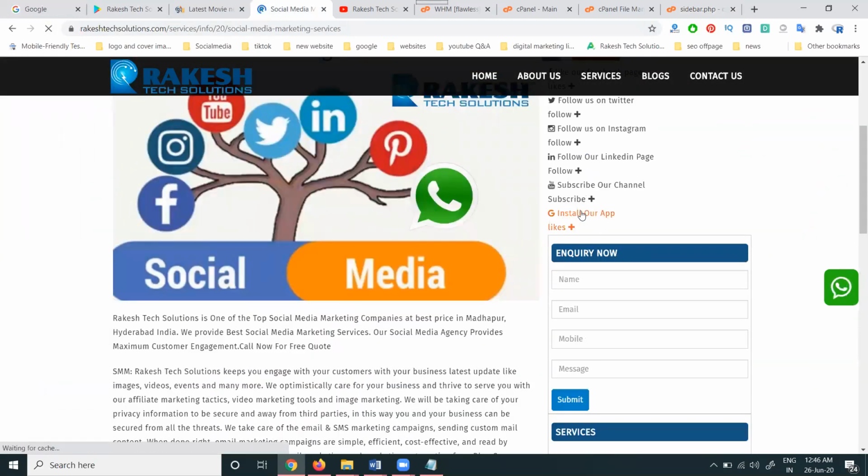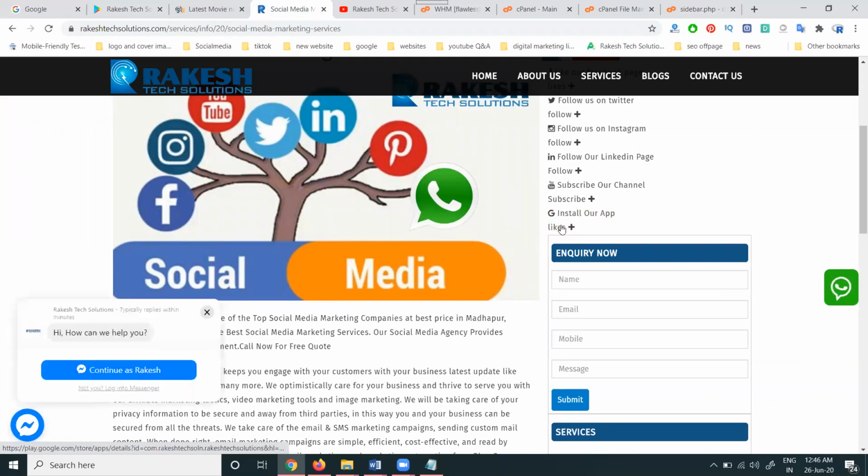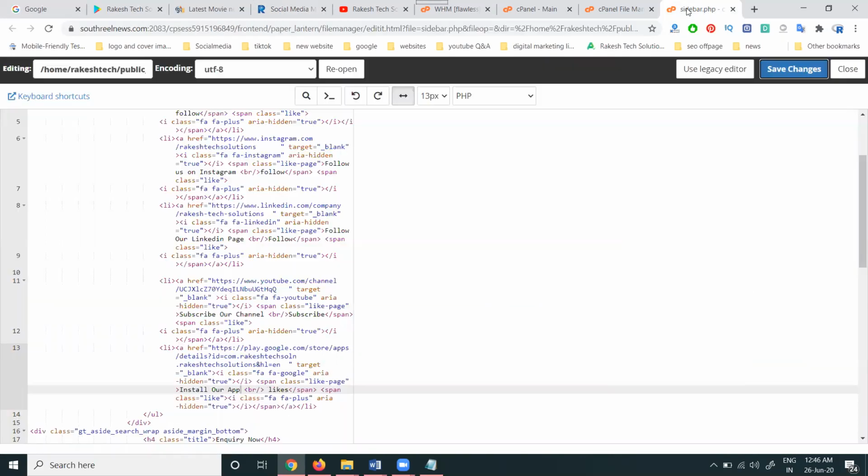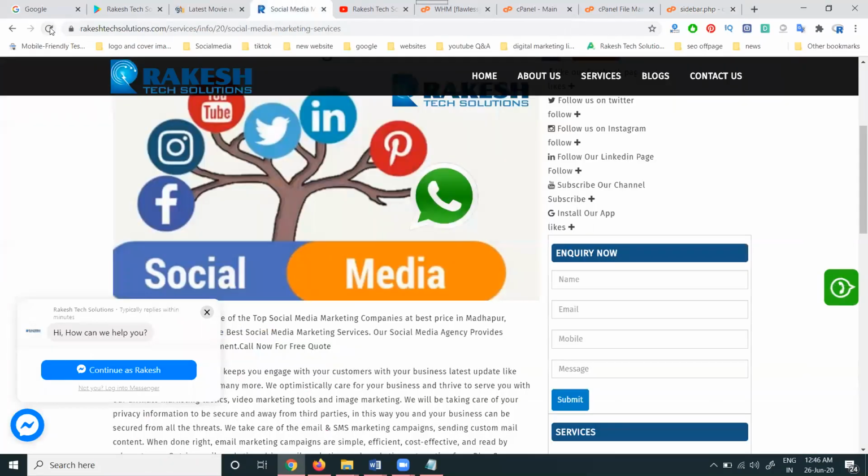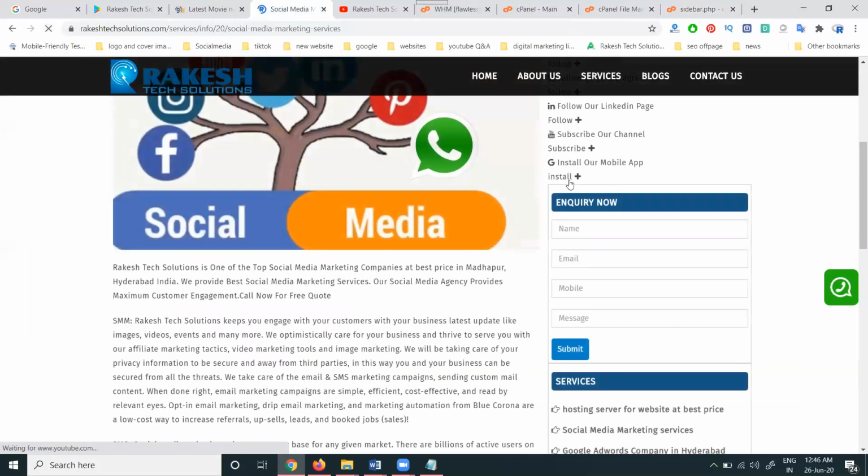So you can see it showing here: Install our app, for the particular option here. It shows the likes option. The likes option we can show for install. Select here. See this one.